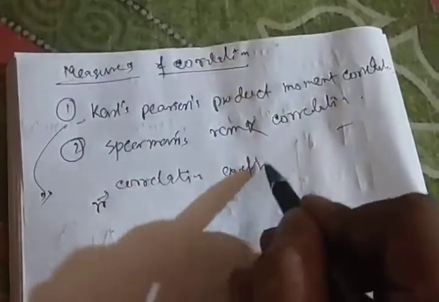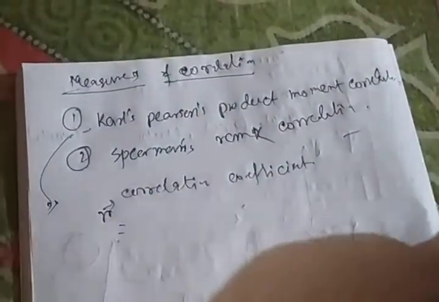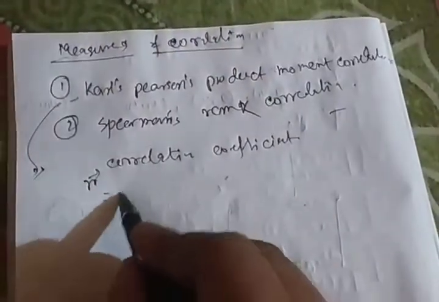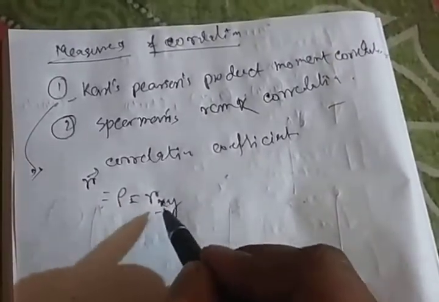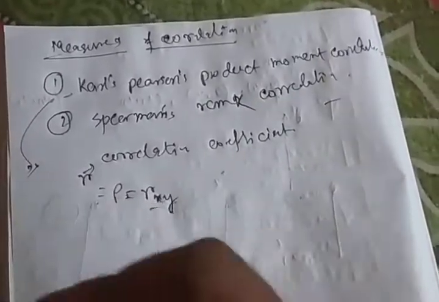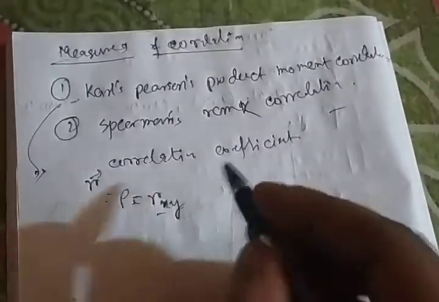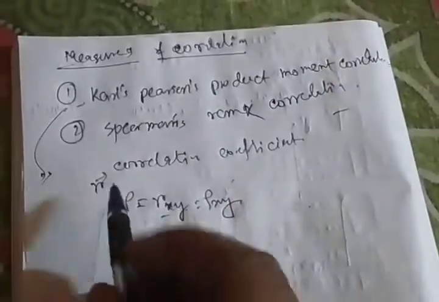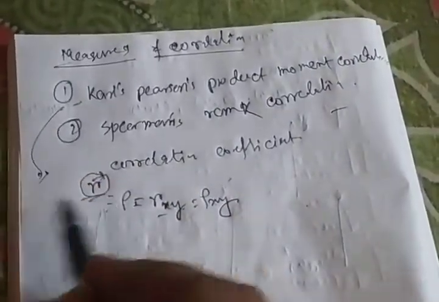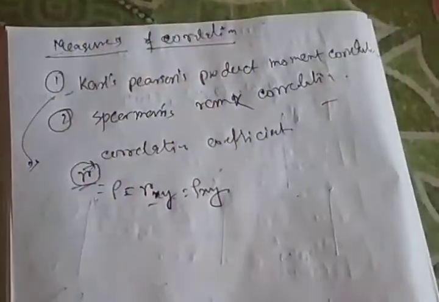Correlation coefficient, which is known as R, or we will denote as R, also known as rho. Also you can write it as R of xy. If the variables are x and y, then we can write R of xy. If the variables are u and v, then R of uv. Also known as rho xy. So whatever you use, we will vastly use this coefficient or this notation.